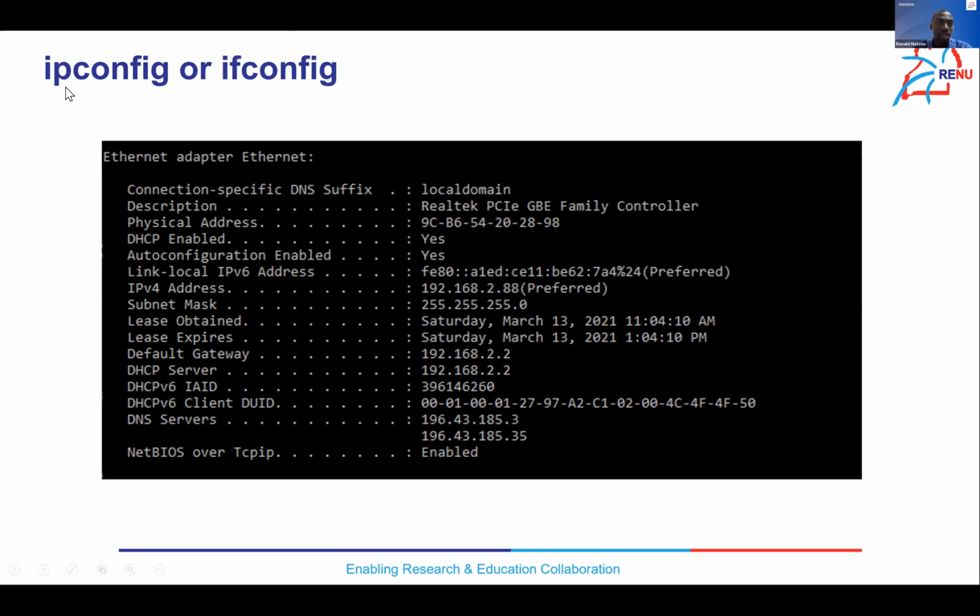We have seen this utility, ipconfig, or ifconfig for those of you that have Linux-based machines. You can see the detail here: you see your IPv4 address 192.168.2.28, and you see the MAC and the subnet mask. You see the default gateway. You see the DHCP server. You see the DNS servers listed here, and these are Renu DNS servers. So by doing ipconfig from Windows or ifconfig from Linux, these details alone can explain to you